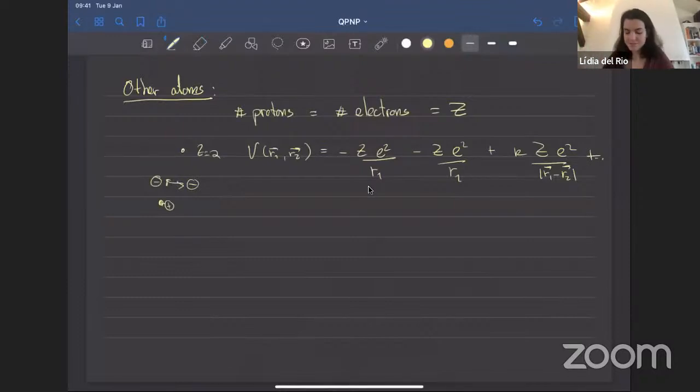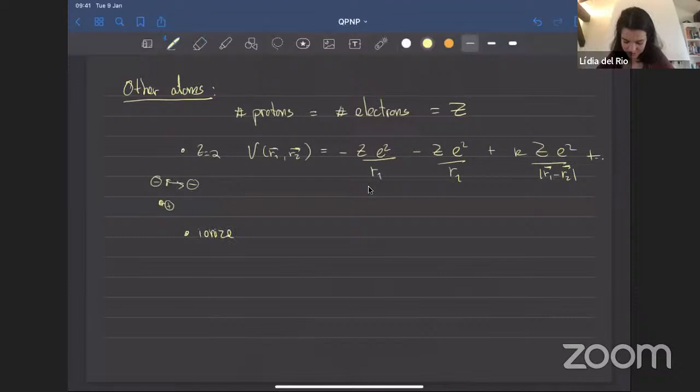Right? But there's something we can do in the lab, which is, okay, the problem is not the number of protons, the problem is just the number of electrons. So just get rid of the other electrons. So this is something that can be done for some atoms. You can just ionize them, meaning you're left with only one electron. Okay, so